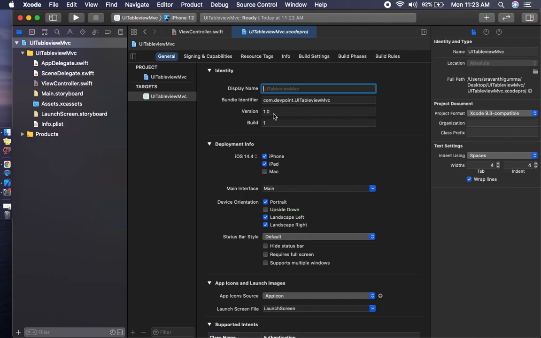One more thing, version: when our application is pushed to the App Store, we have to check the version name, whether it is the first version or second version.